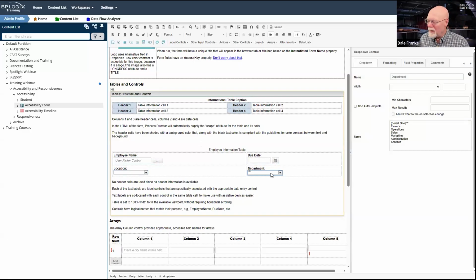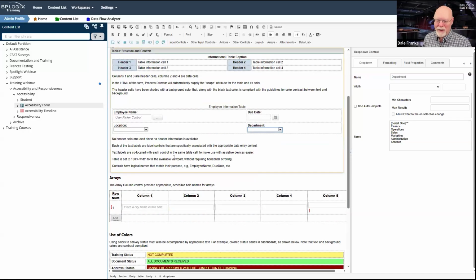So it's the law. Even though the Department of Justice in the United States has decided that they'll give you another year before they enforce compliance in 2027, unless they delay it again, because at this point they have delayed it more than once, at some point it will be the law, and your naming conventions may be illegal. So just something to keep in mind when you're naming your form fields.